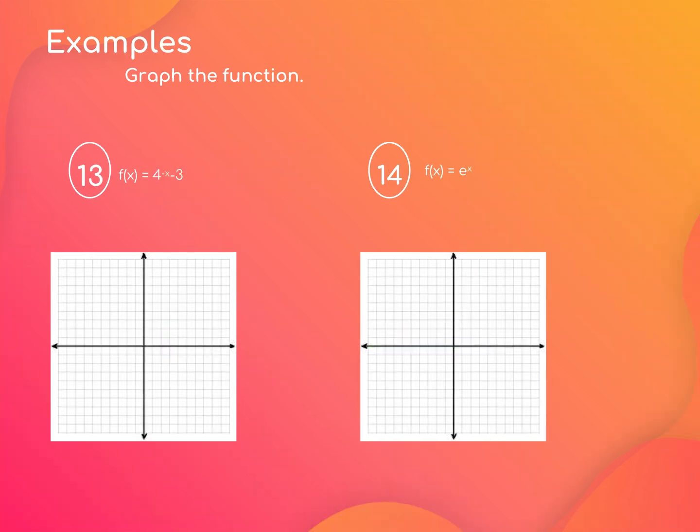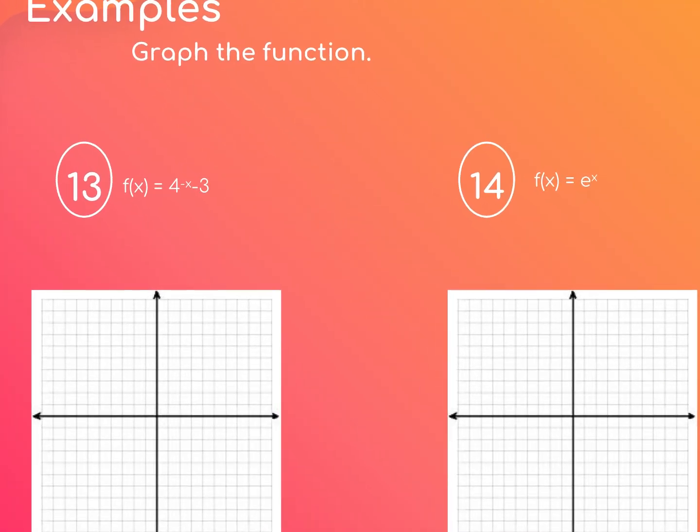All right, so again, more transformations. Number 13, we have 4 to the -x minus 3. Hopefully we know by now that this -3 on the outside is going to go down 3. Right, this is a vertical shift, since it is not in the exponent. But we have a -x right here, and that -x is going to be a reflection